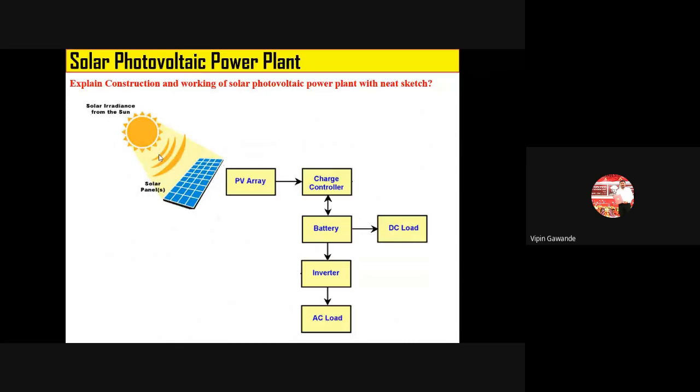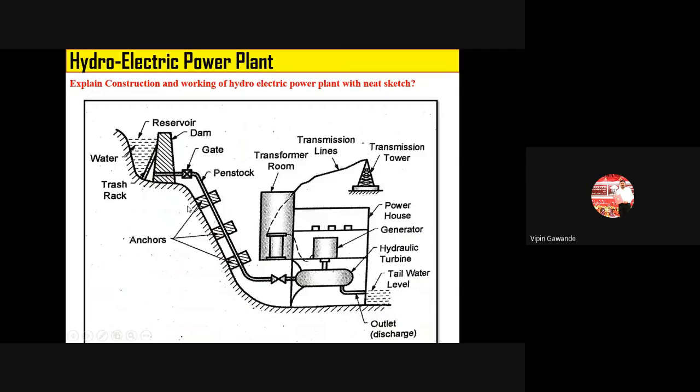Next we have the solar photovoltaic power plant. Now you see here we are not using heat energy afterwards. In the hydroelectric power plant, we are using water. Remember this one. Water is used for the generation of electricity. Thermal is not there now; thermal is remaining for the above power plants. Now we are using a different source of energy. We have used water, hydro, and next we are using solar.